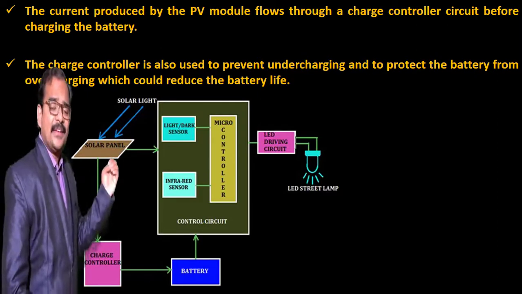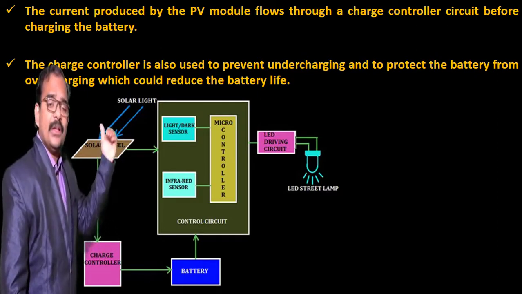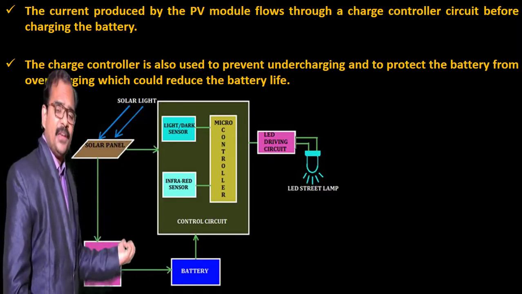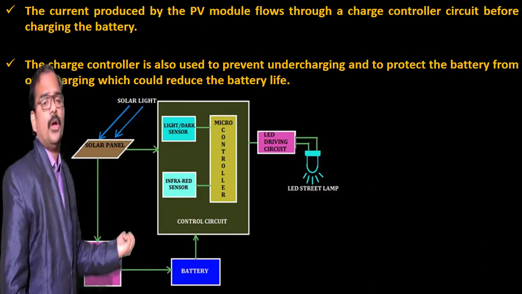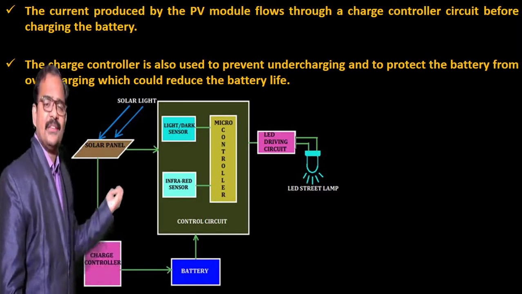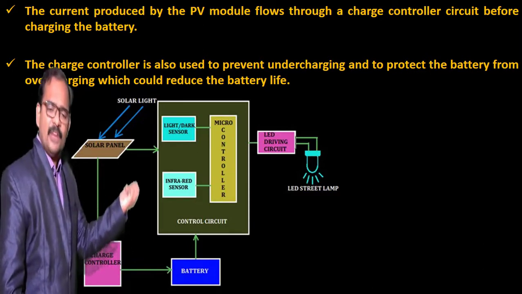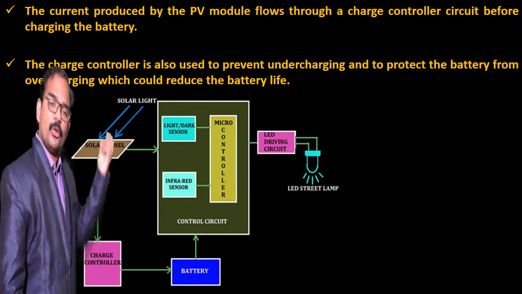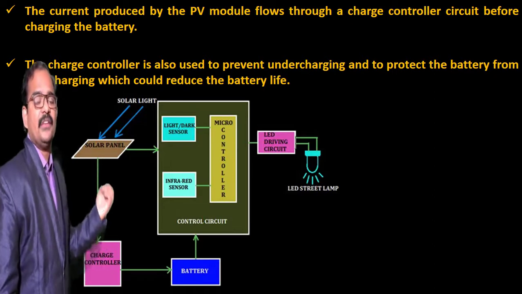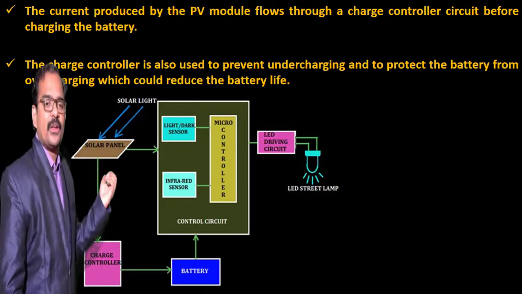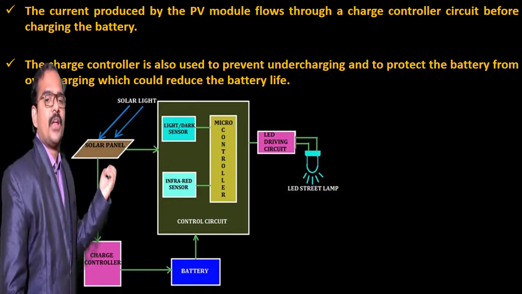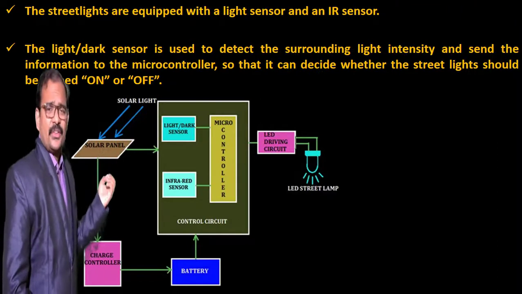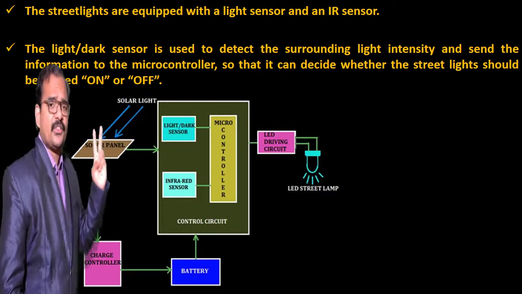During the night, when the battery is used to supply the street lights, when the battery is discharged to a preset depth of discharge value, automatically this charge controller will send a signal so that the battery will be cut off from the street lights, thereby protecting the battery from both over voltage and under voltage. And that is the reason why we call this controller the heart of this solar PV powered LED street lighting system. The street lights are equipped with 2 different sensors.